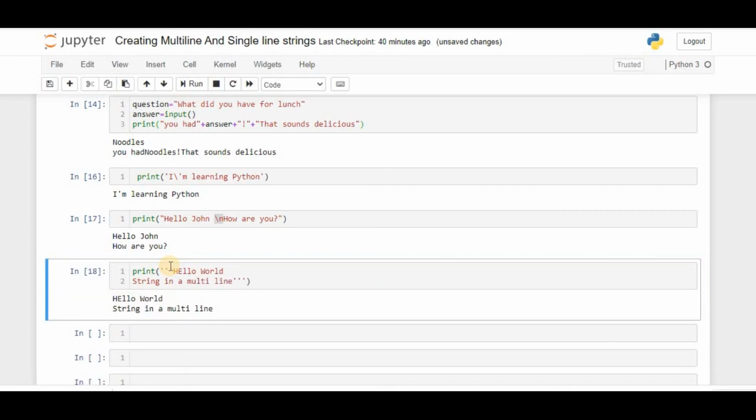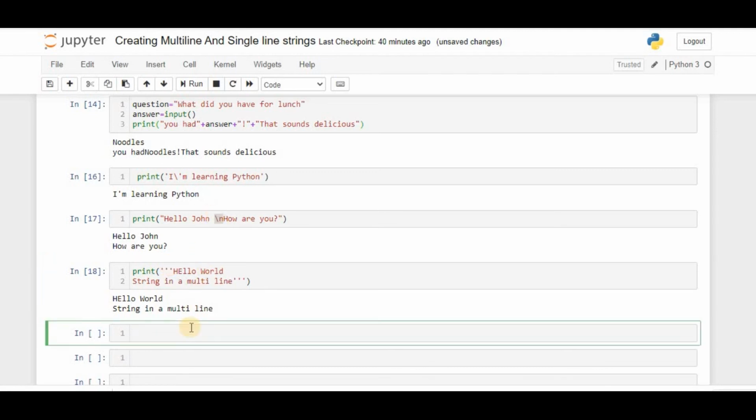Now see here, hello world, string in a multi-line. You can use three single quotes for this, or you can use backslash and special characters. If I don't want to use special characters, then you can simply type the entire thing you want to print on a separate line, and print it on the next line by pressing enter.